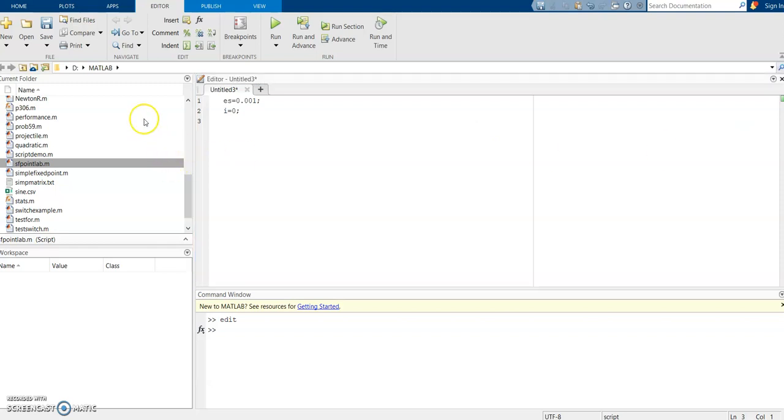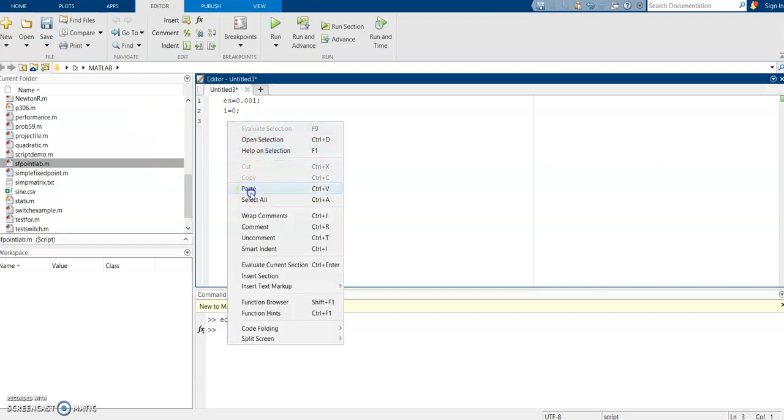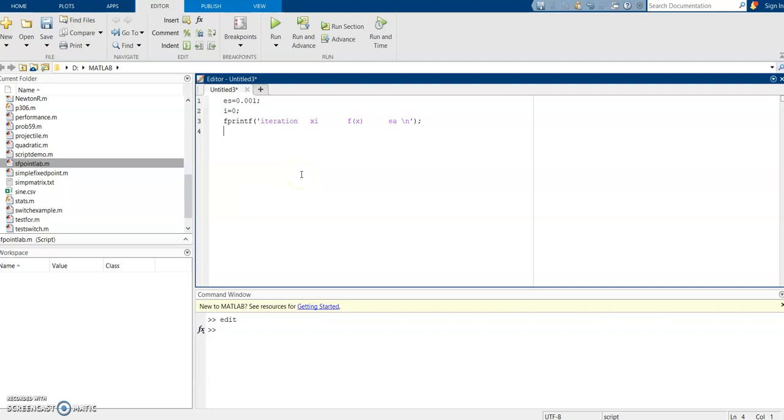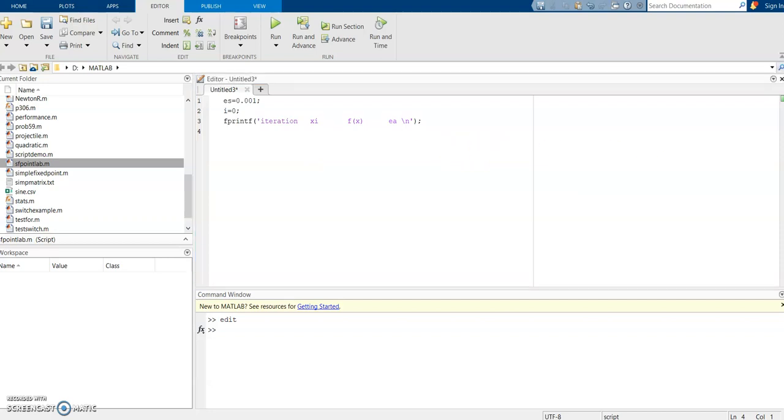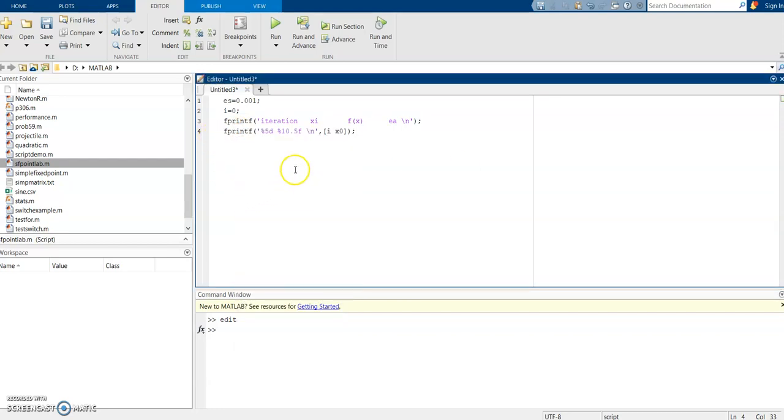Next I want to print the first row of the table, like this: iteration, x values, fx values, and error values. And in the first row of the table, I just want to place the values of the iteration number and the x0 value. X0 value we take as 0,